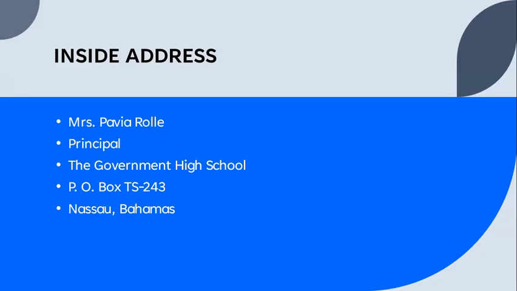an acronym: 4 P's, 2 C's, so that you can remember. The first P is person, second P, position, third P, place, fourth P, P.O. box, and 2 C's, city and country. If you want to make a note, on the outside of your margin you can put P, P, P, P, and 2 C's, so you can remember that's how you set it up.